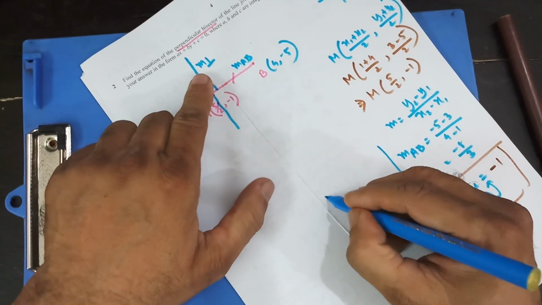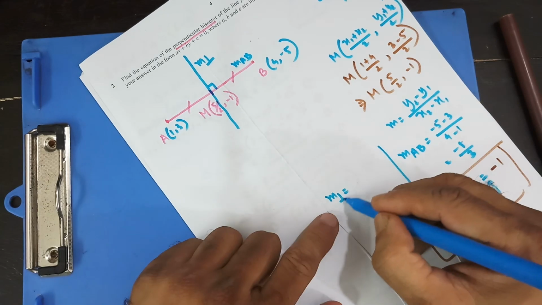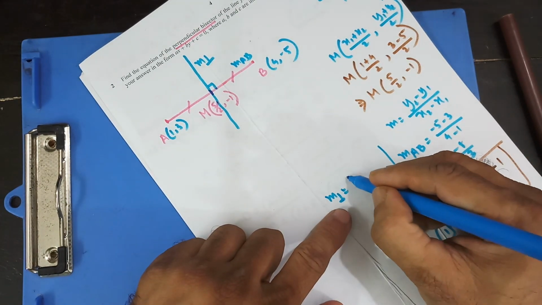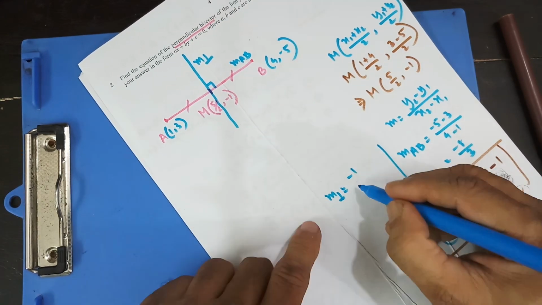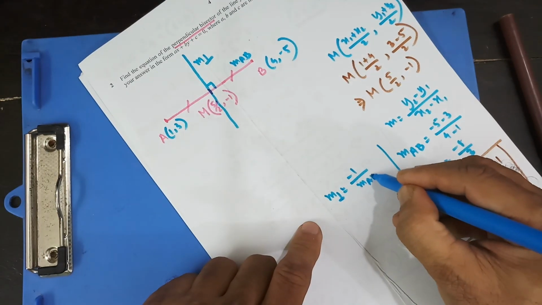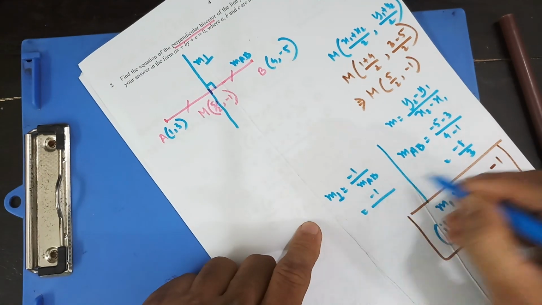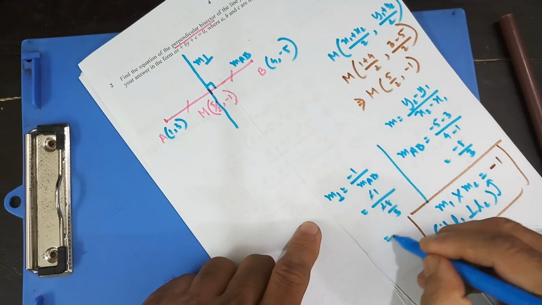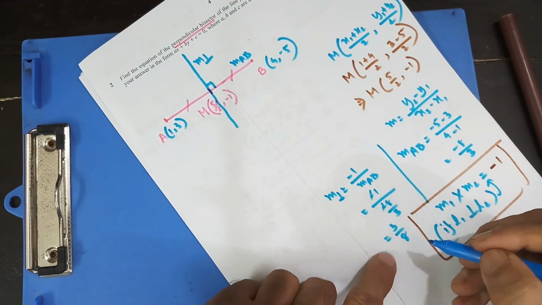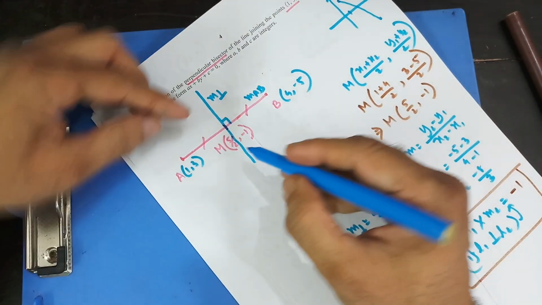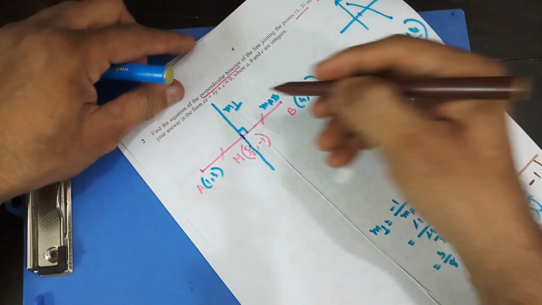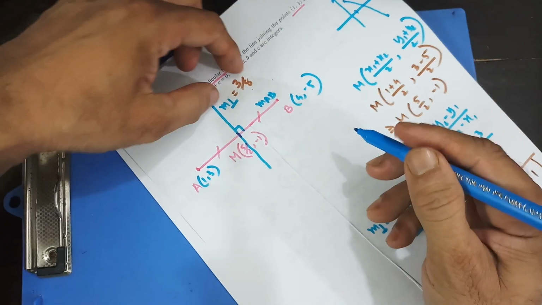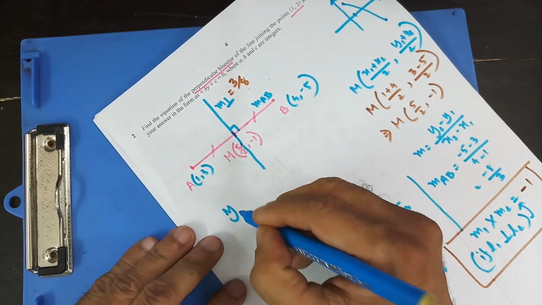So gradient of the perpendicular would be this one, minus 1, and if I take this one to that side, it's going to be gradient of AB. So that's minus 1, and over here minus 8 by 3, minus minus cross out, so 3 goes on the top and 8 at the bottom. So that's that. Now when you have a point and the gradient is 3 by 8,